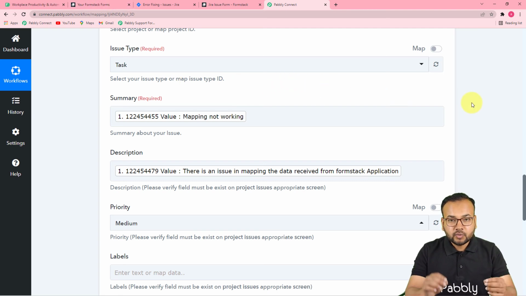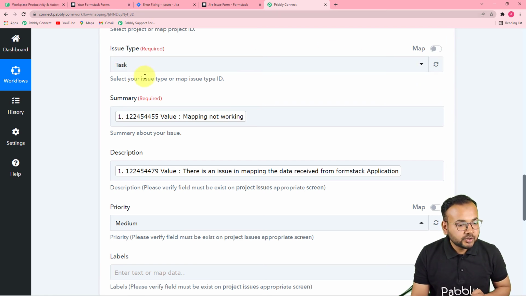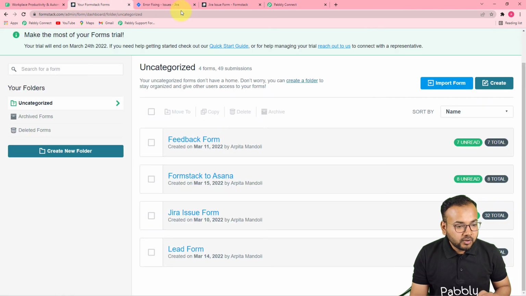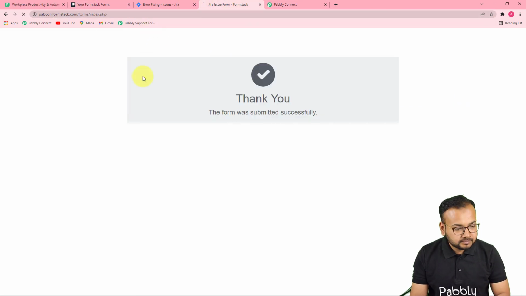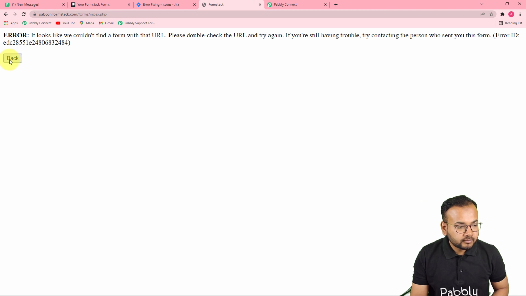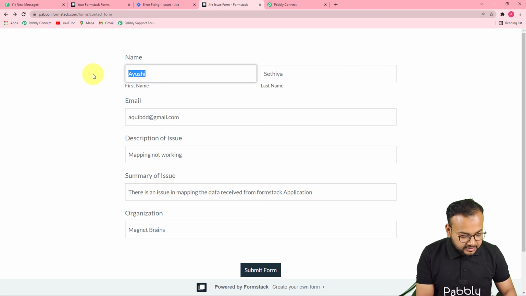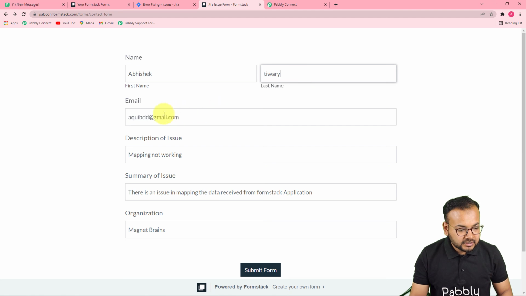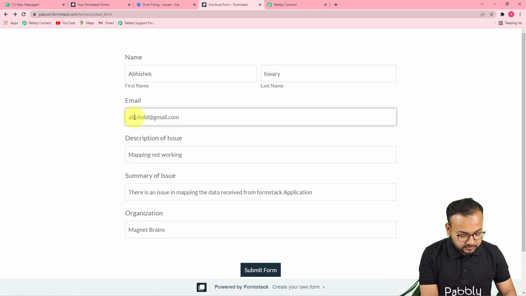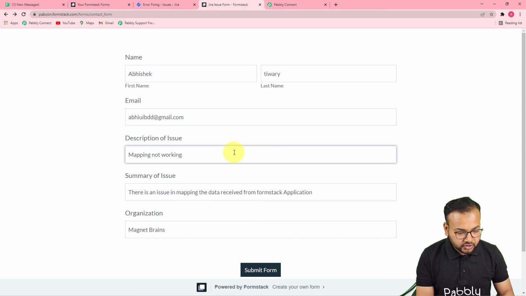So after setting up this automation once, you don't have to do anything after that. Let me show you a real-time example of how it is going to work. So I'm opening my form again. Okay, let me open it. Okay, and let me refill this form with a different name. Let's say the name is Abhishek now, who is our client, Mr. Abhishek Tiwari, and this is the email ID of this person, and the issue is